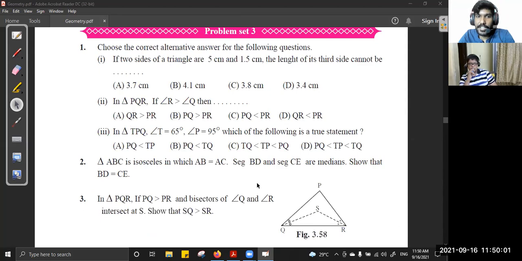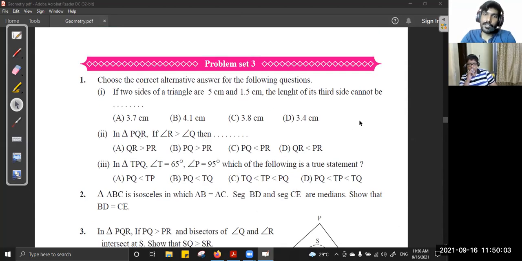Okay, so from the problem set, let us discuss the MCQs. If two sides of a